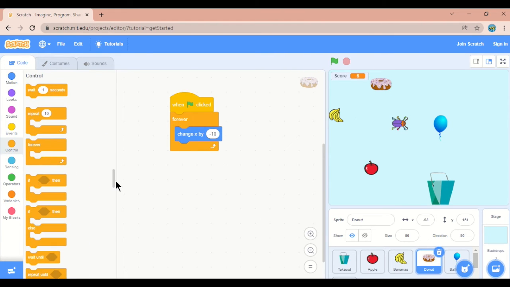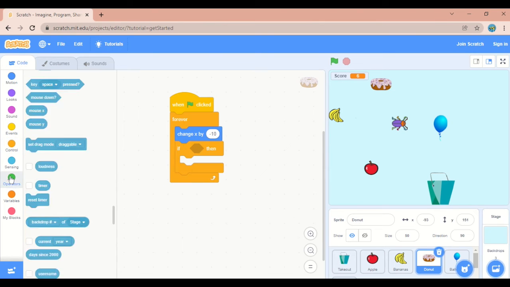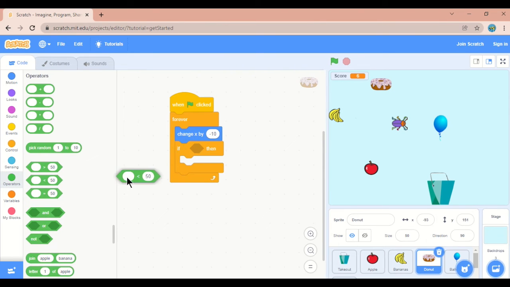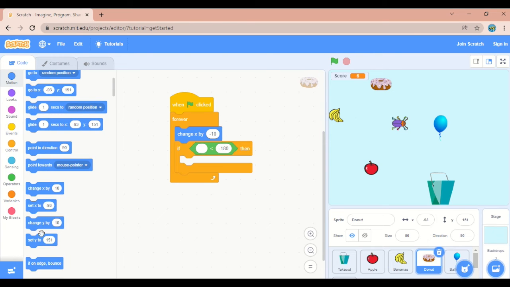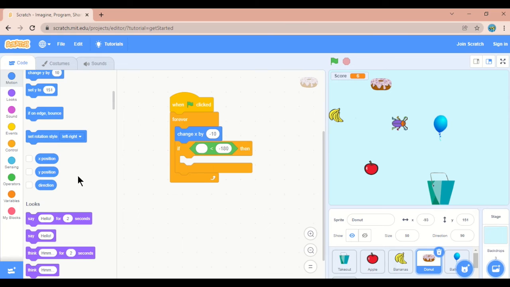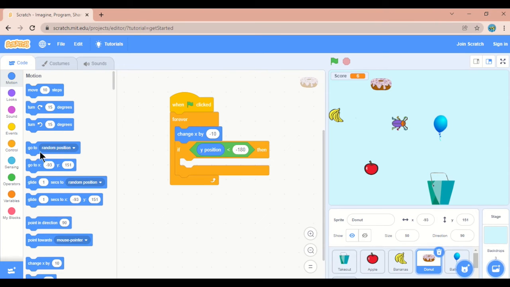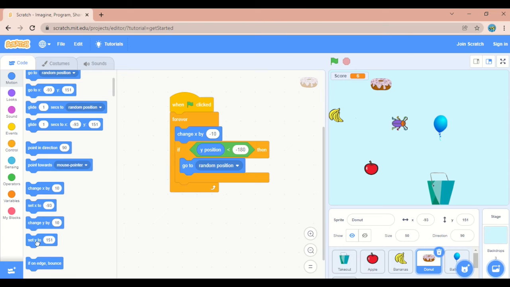Then if the y position is less than minus 180, go to motion, random position, then set y to plus 180.